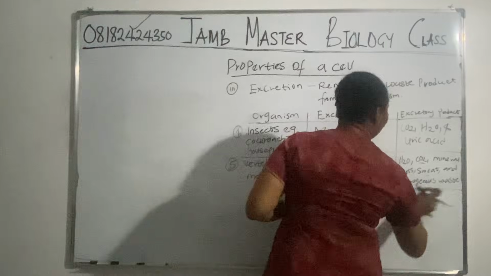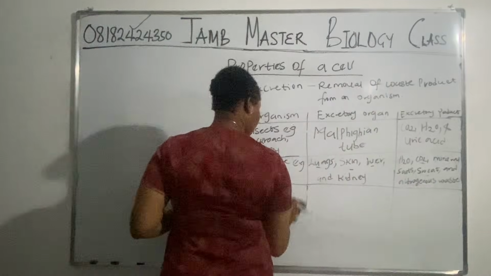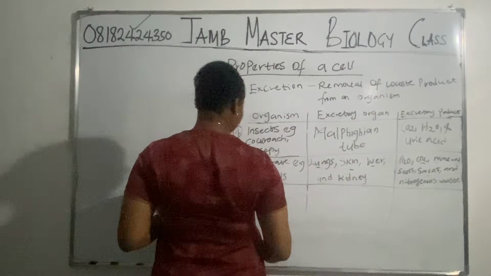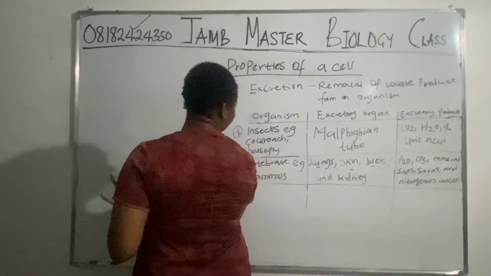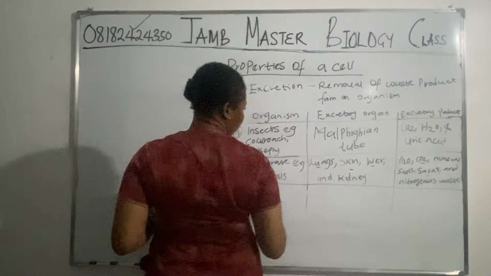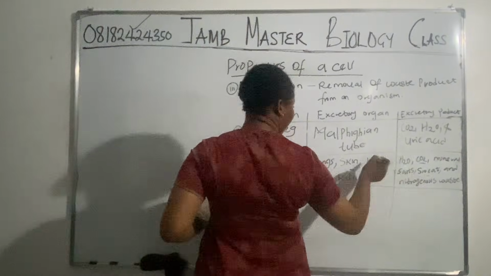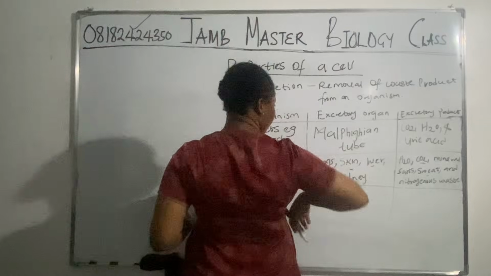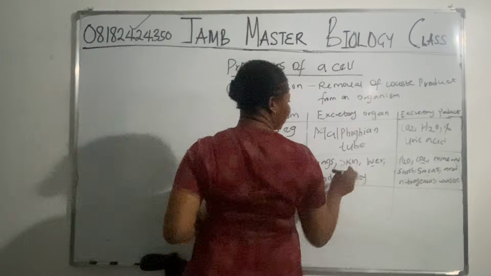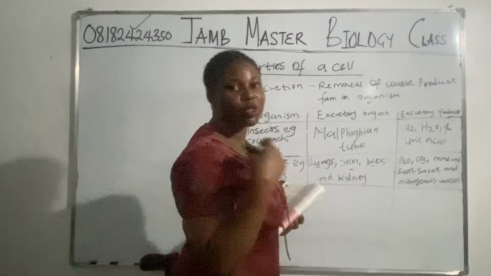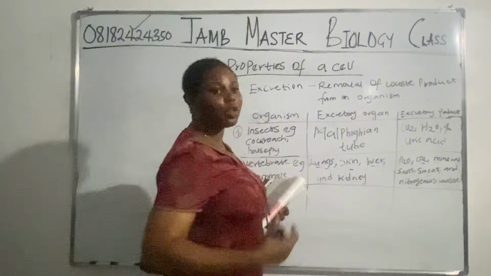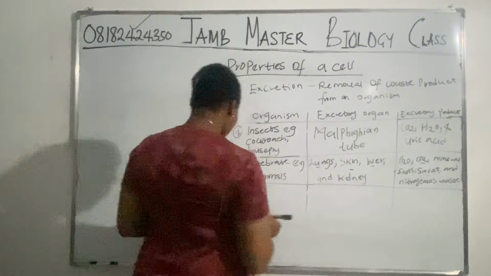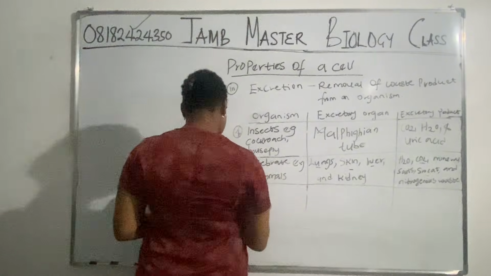For urine to be formed, it goes through the kidney. Respiration is through the lungs, which remove carbon dioxide. You breathe in oxygen, remove carbon dioxide. The skin, as you sweat, currently I'm sweating. My skin is bringing out the sweat. So the next one, number 6.